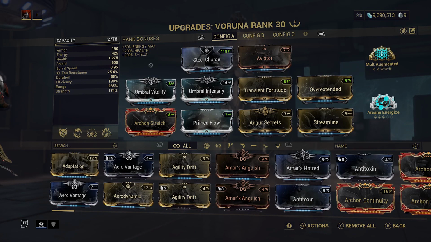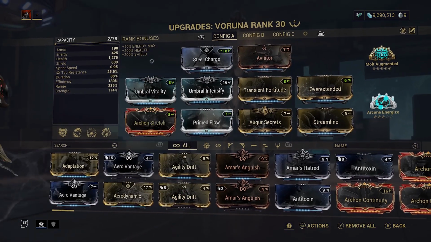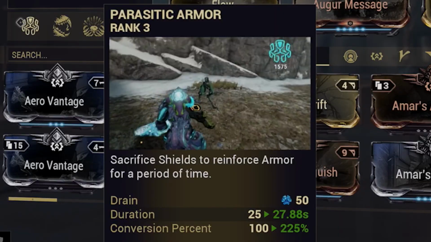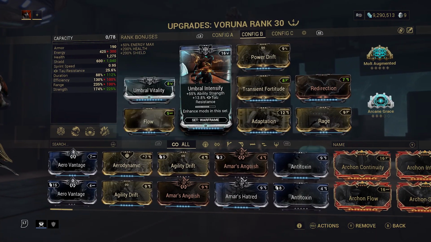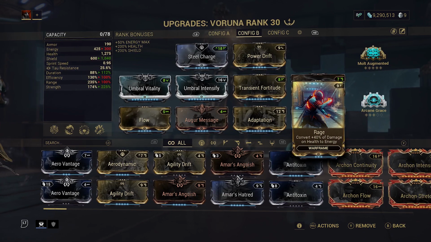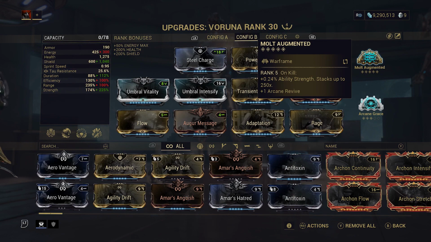And our other build, we want the Gerudo because we want to stay alive and actually use Parasitic Armor. So with Parasitic Armor, we're actually going to consume all of our shields and make ourselves tanky enough so that we don't die with Adaptation, and then get energy back with Rage. So we're going to combo all of this with Arcane Grace for more health, Molt Augmented for more ability strength,